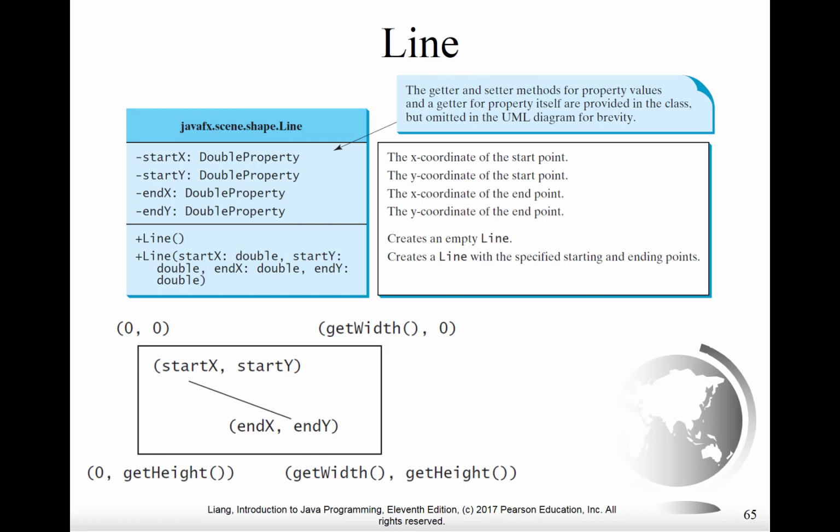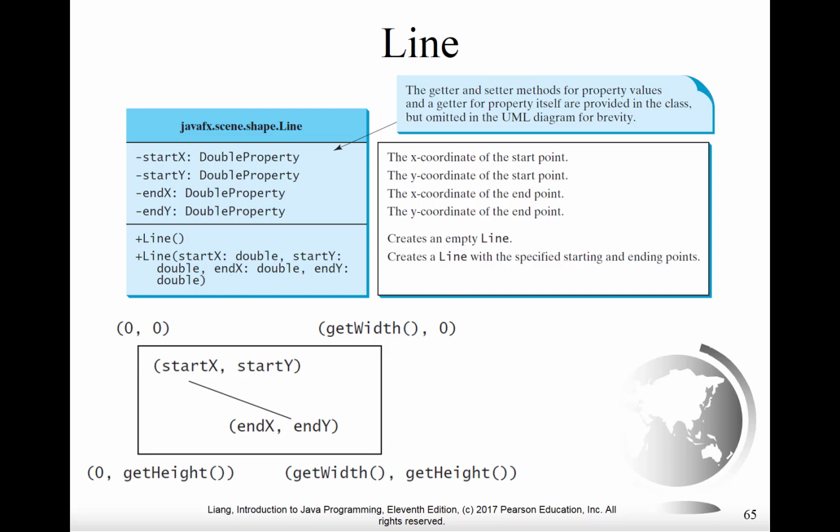Again, as with the previous thing we looked at, that is the text, where we had to point out that the coordinate system is the pane that you drop the text into, the same is true here. So you're putting this into a scene, and the scene has coordinates 0, 0 through get width and get height. And when we put a line in there, the definitions of the start x, start y, end x, end y are all with respect to coordinates in that system.